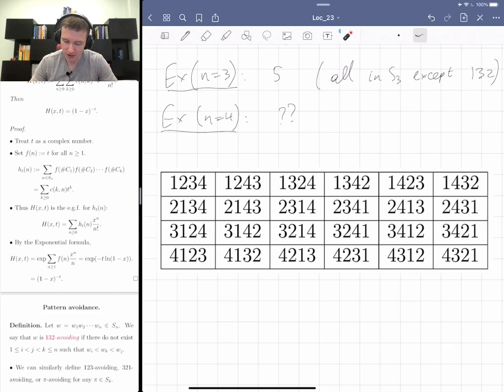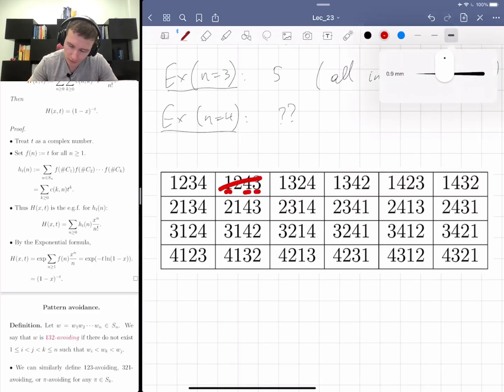Let me try to cross out all of them, and you're going to help me with this because I'm probably not going to be able to find all of them. I want to find all occurrences of the 1, 3, 2 pattern. For example, here I have 1, 4, 3, so I cross this out. Yeah, 1, 3, 2, and 1, 3, 2 here as well. 1, 4, 2, 1, 4, 3. Okay, 2, 4, 3. Yeah,